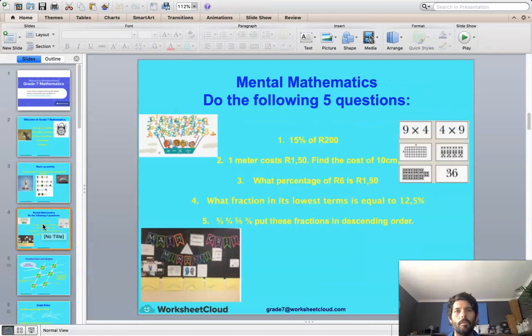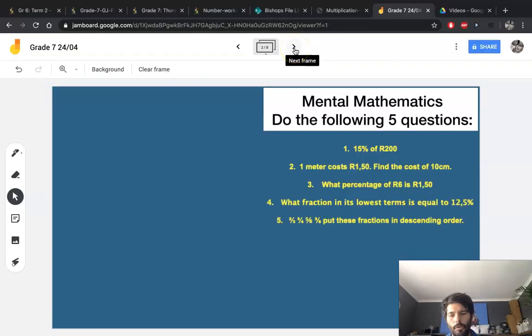Your mental maths questions for today are again based on previous principles. So off you go and try those 5 questions and then press play to see how you got on with them. 15 percent of 200